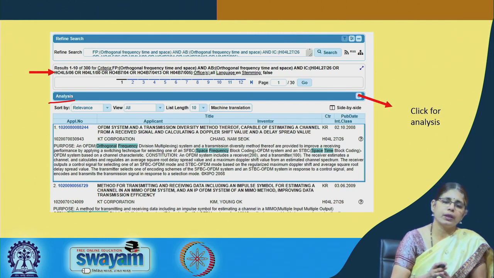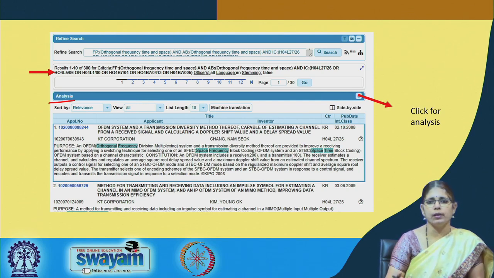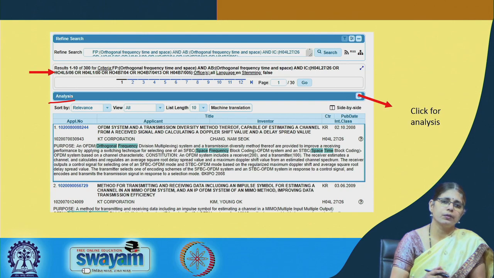So, one can also add the IPC's subclasses by using the advanced search option at the PatentScope, where you can have the keyword as well as the IPC utilized to run the advanced search. In the case of the IPC, one can have several different subclasses built into the same search window, and when you hit the search button, you get the list of patents that are relevant based on the combination search.